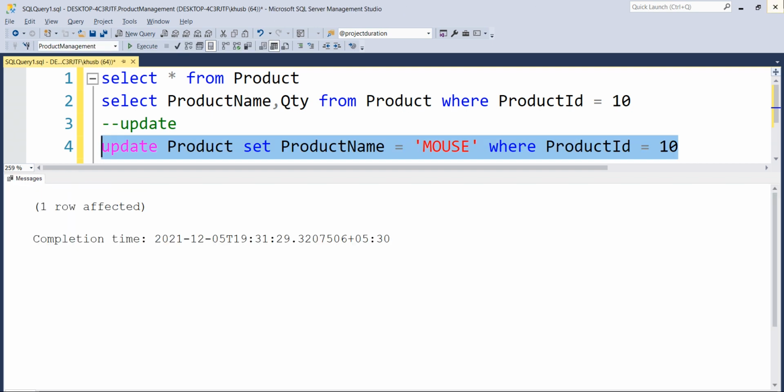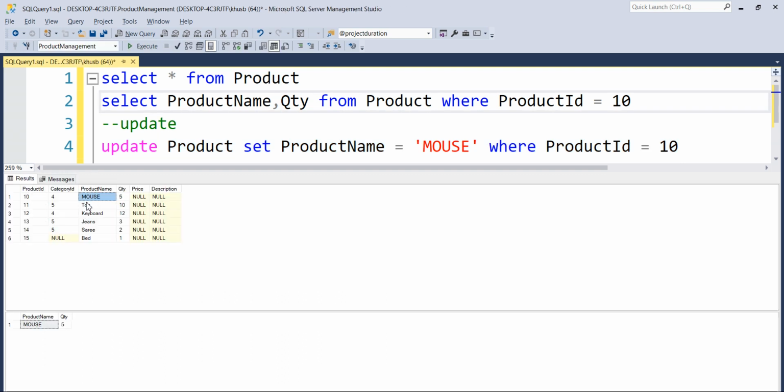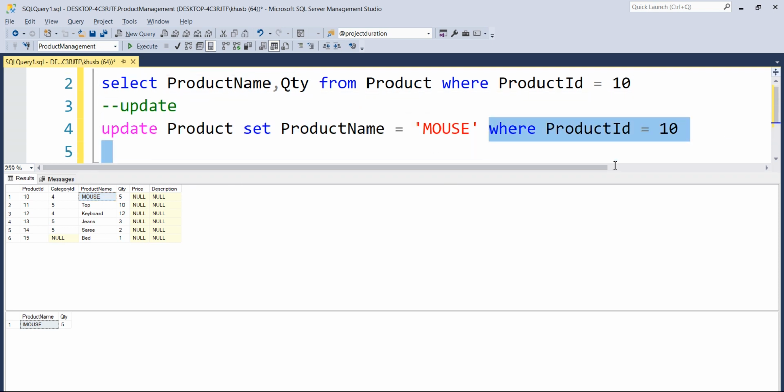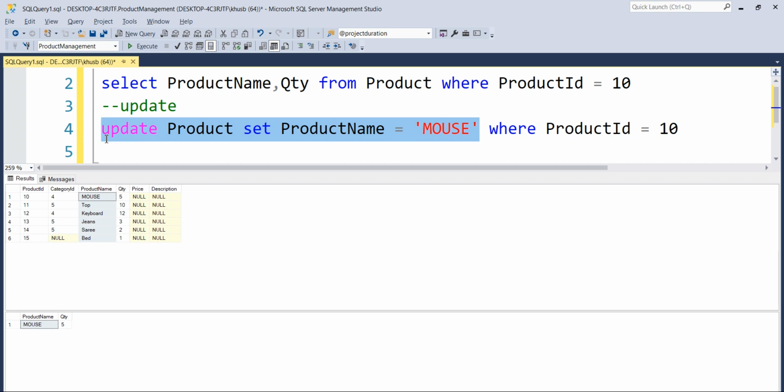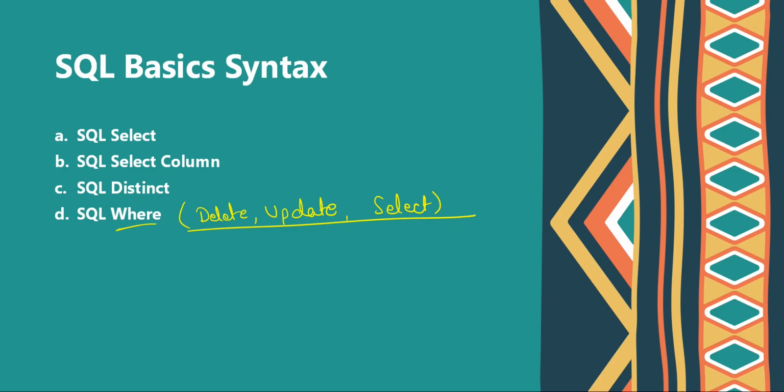When I execute this, it is going to affect only one row. Again select, and you can see here that our product name has been updated. So by using this where clause, we filter our rows based on our requirement. If I want to update all the values of this product name, I will simply run this query only. But obviously I don't want that, so I will insert this where clause.